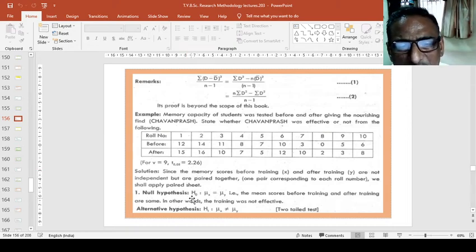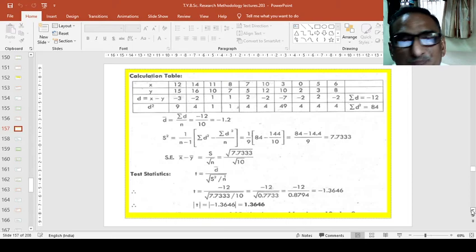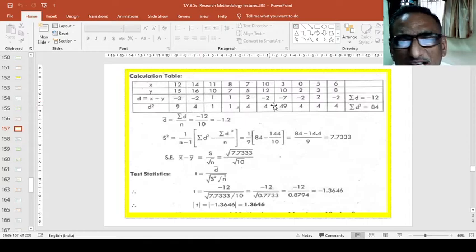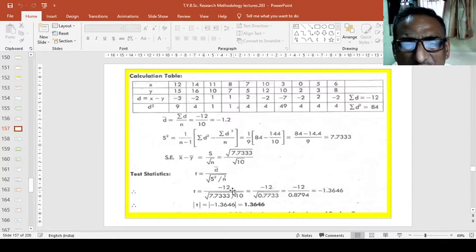First of all, we have to state the null hypothesis, either mu x is equal to mu y or not, and if it is so, then it is accepted. If not, then we can calculate the two-tailed test. In the two-tailed test, we prepare the table as per x and y values and d values, and once the d values are prepared, d square values are easily calculated: 3 into 3 is 9, 2 into 2 is 4, and likewise. So these values were calculated by making summations, summation of d and summation of d square. So these values are put in the formulas to find the answer.